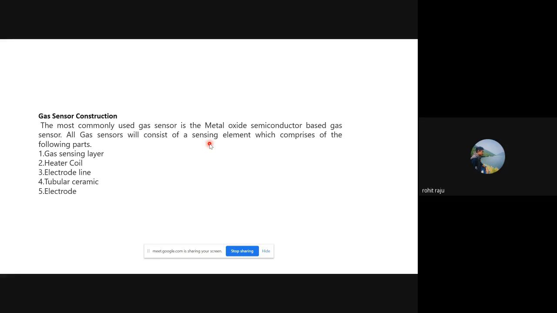It has 5 important parts: the gas sensing layer, the heater coil, the electrode line, the tubular ceramic, and electrode. We'll look at all of them in detail in the coming slides, and we'll also look at the working, what happens exactly.